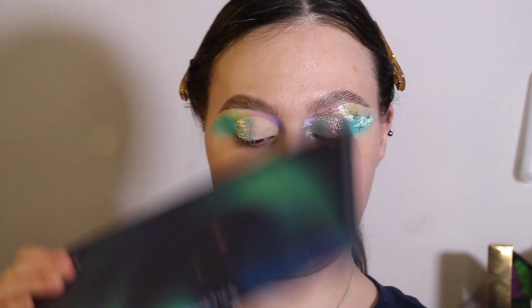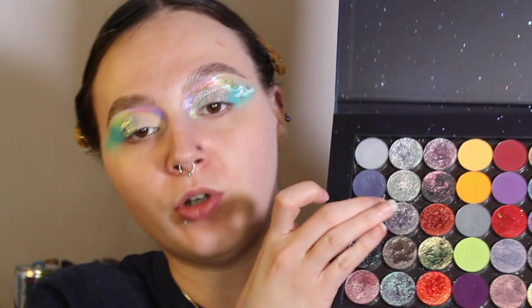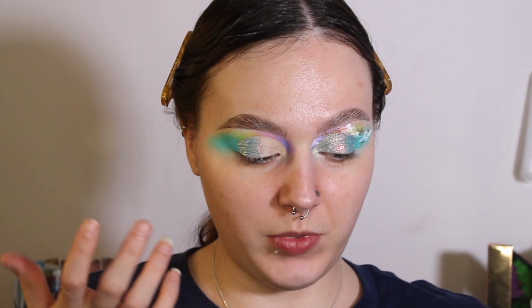I'm going to switch over to some of the singles from the winter collection, and it's going to be the shade Oppy. I used that the other day, and I just could not get over how pretty it was. I feel like I haven't really used it as much as I wanted to, but it is so cute. So I felt like it would pair well with this because it gave me the other day the vibe that it would be good to pair with like one of the Ganymede or Stellar Apotheosis. So